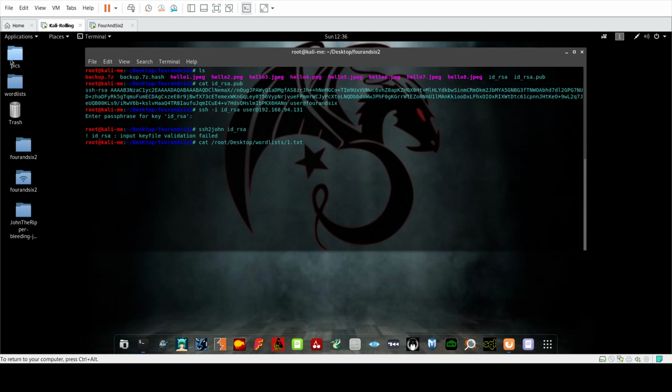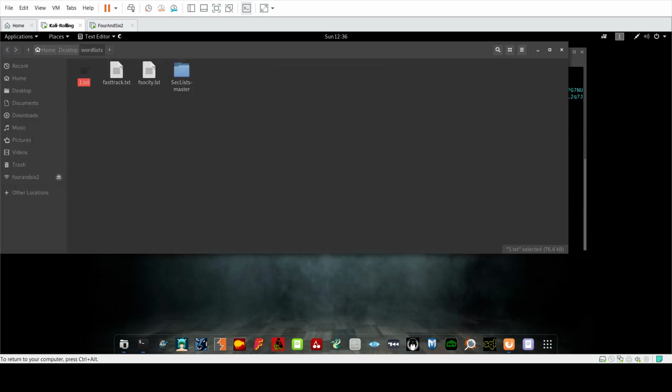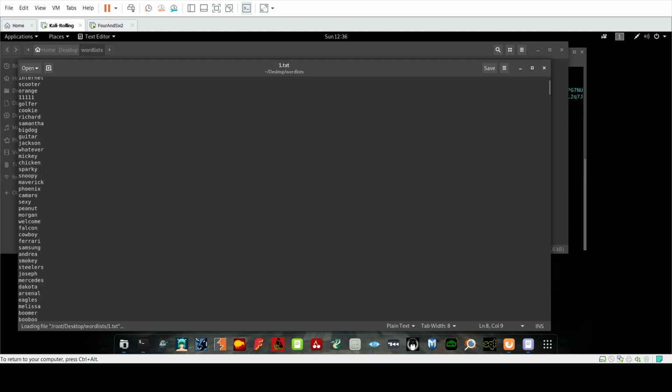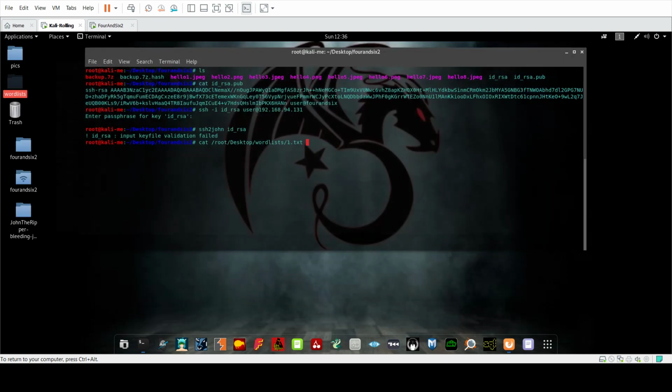So it's one.txt. I'm going to show you the file. This is a kind of simple word list. And then we're going to pipe that to a while loop. This while loop, as I said, iterates through the content of the word list. So while read password, for example, then we say do, and if ssh-keygen